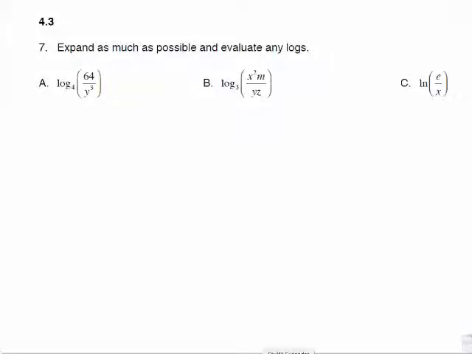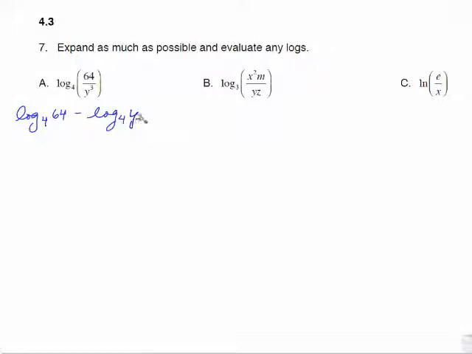This is part 2 to the review for test 4. Number 7 asks us to expand this as much as possible and then evaluate any logs. This is where you are using your 3 properties of expansion. Log base 4 of a quotient will break into, initially, log base 4 of the top minus log base 4